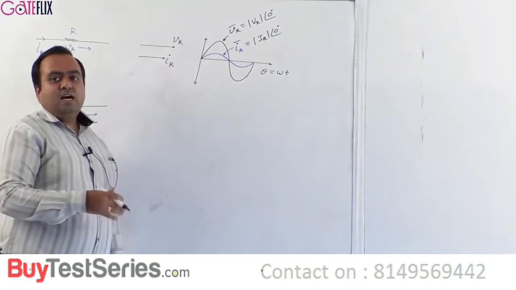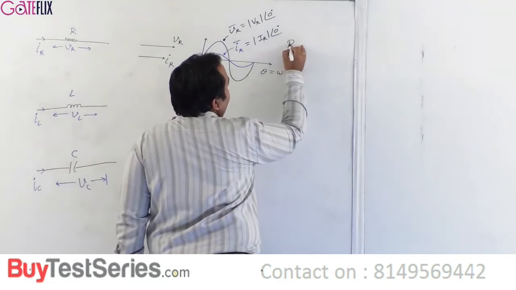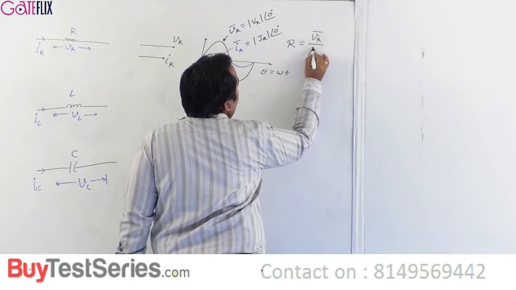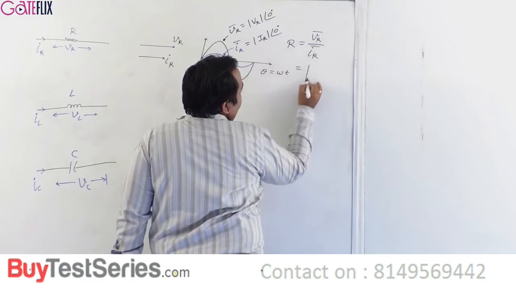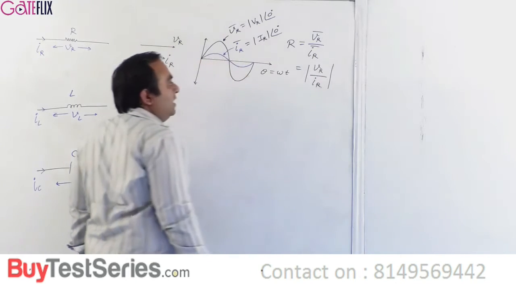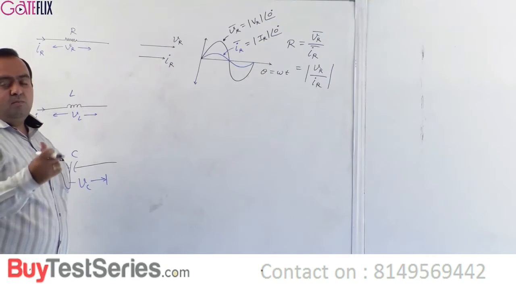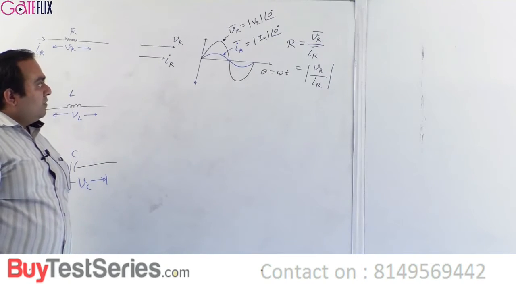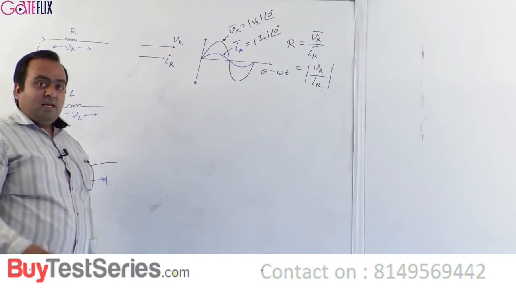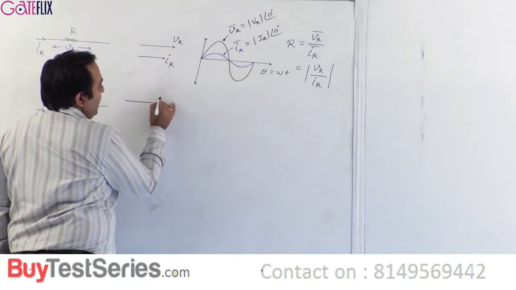For a resistance, VR and IR, they are always in phase, and the ratio is simply VR phasor upon IR phasor, which is anyway VR magnitude upon IR magnitude. I think this we already know for a resistance. Voltage and current, voltage across the element, current through the element, they are always in the same phase in case of a resistance. If it is an inductance, then we have this as VL